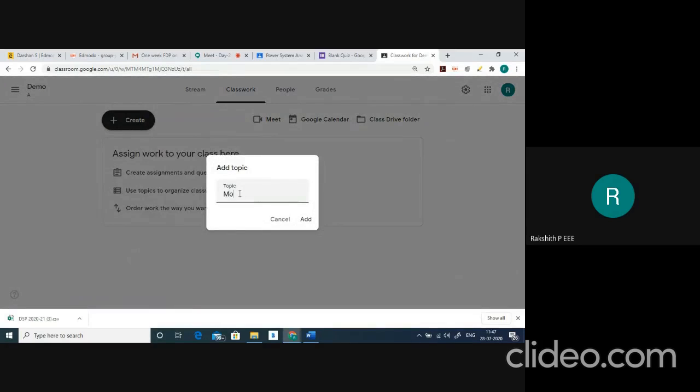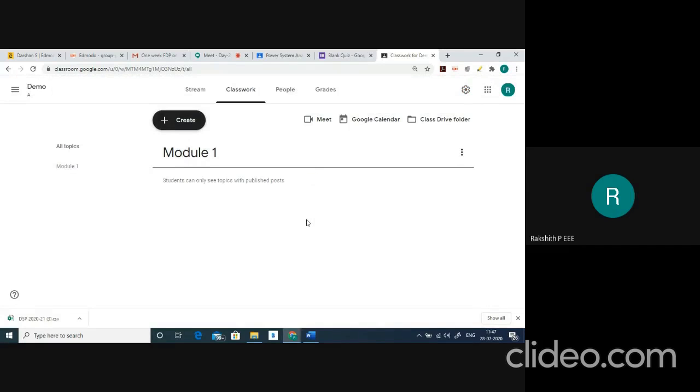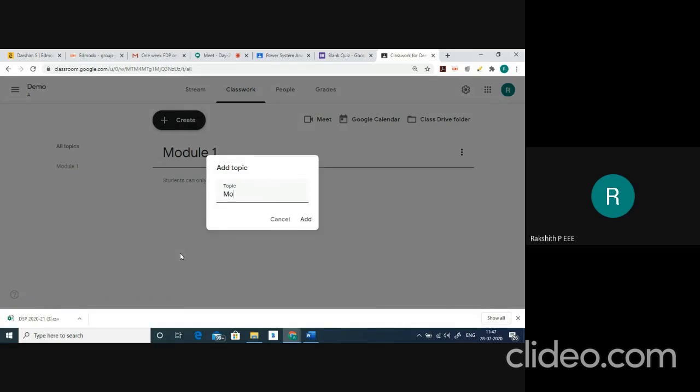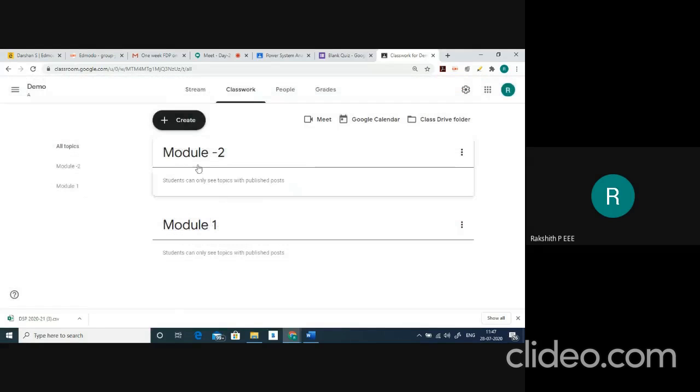So here I'll enter module 1 and then I'll choose add, it is adding, and again I'll create one more topic. I'll choose module 2 and then I'll click add.